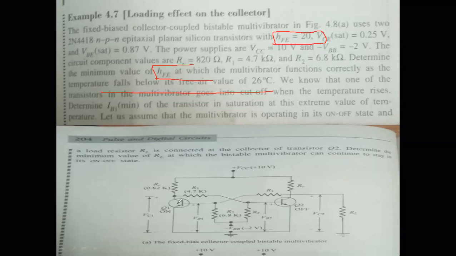When the transistor is in the ON state, we take the collector current and base current. IC divided by IB is nothing but this HFE. To get the minimum base current, it is IC divided by the HFE they had given. We get the IC value as 11.7 here, so 11.7 divided by 20 is IB minimum.